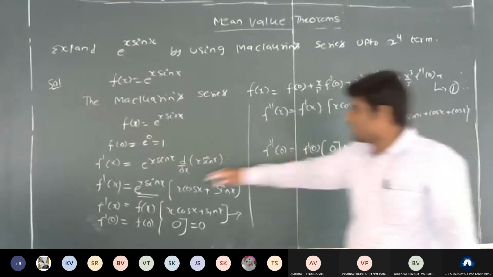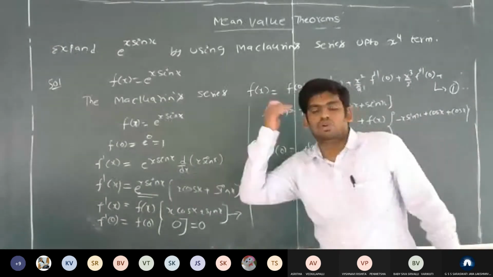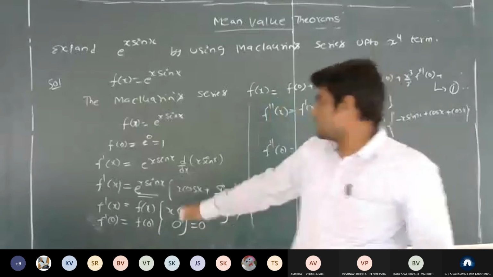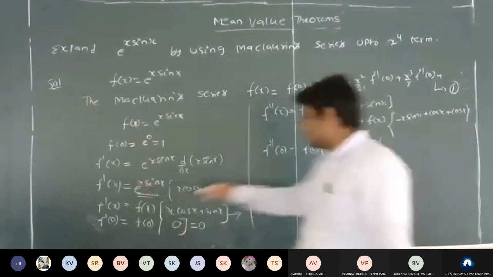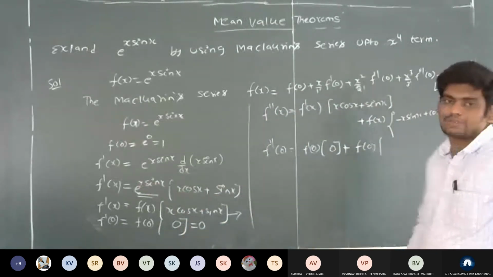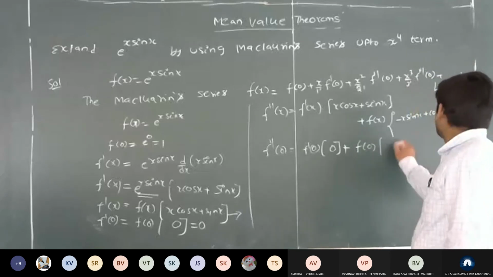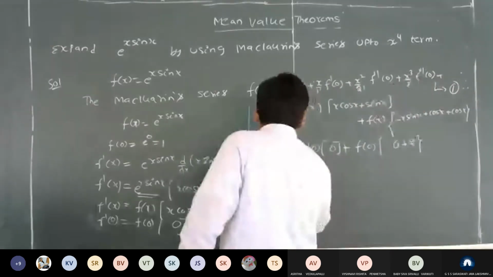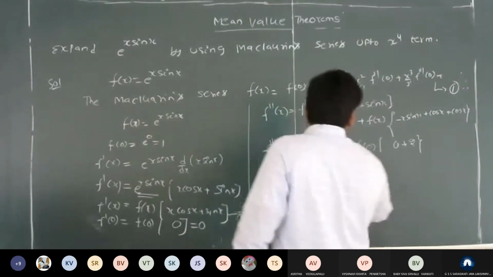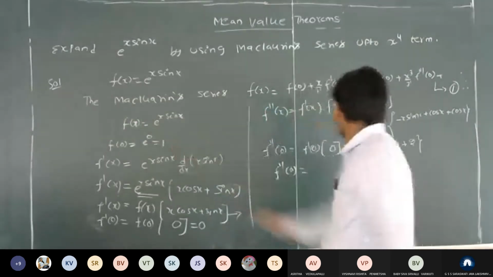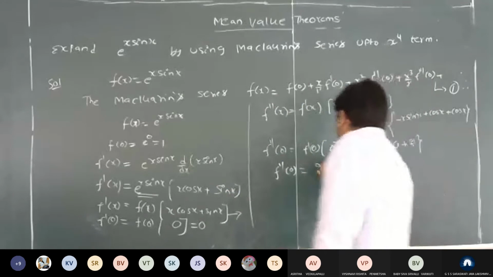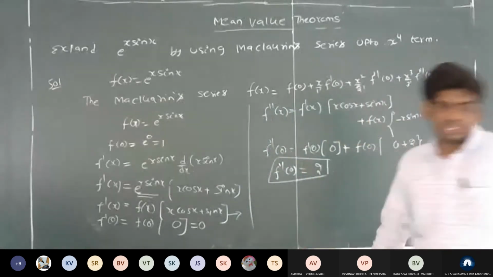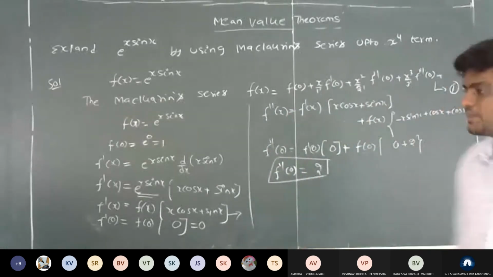So it is a very simple one. Because of that I am taking f of x. Why? Because if you differentiate this term any number of times, you will get the same term. So because of that I am taking e power x sin x by f of x. So this is 0 plus 2. So therefore f double dash of 0 is equal to, this is 0, f of 0 is 1, so this is 2. F double dash of 0 is 2. So is it clear, everyone?